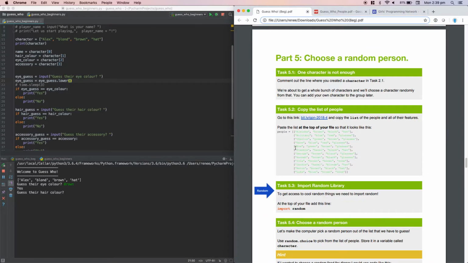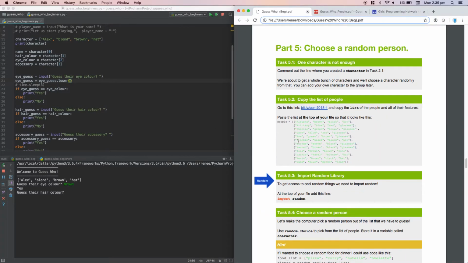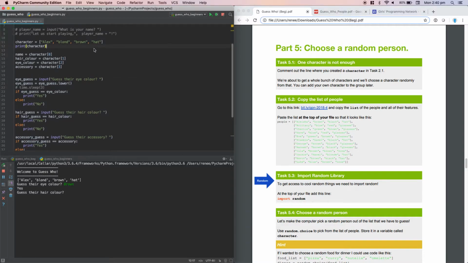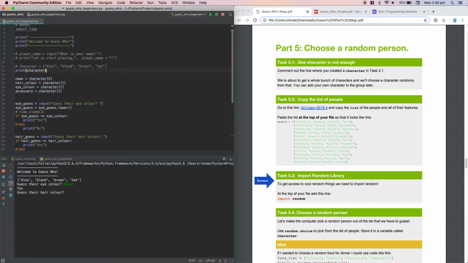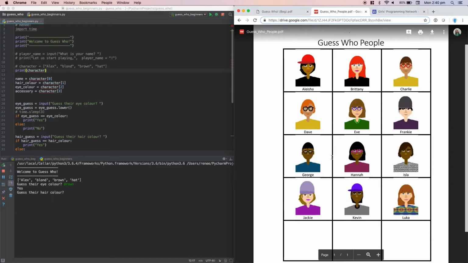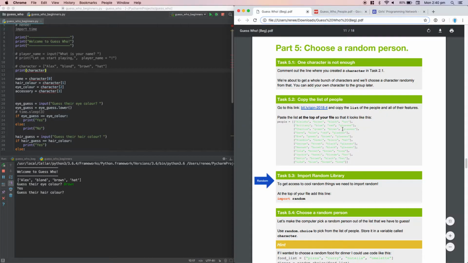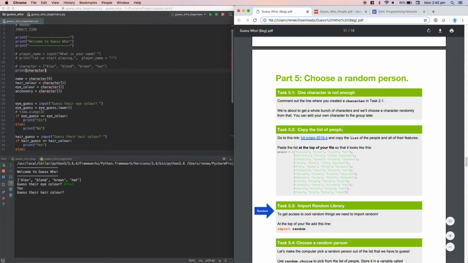Okay. So we can now do it for a single person. Well, that's no fun. What we actually want is a bunch of people so we can be eliminating options. So we're going to start this by commenting out our character that we made here. We don't need Alex anymore. We can add Alex in later into one of our slots here and draw her, and then we can still choose her randomly, but for now we're just going to go with our standard list,